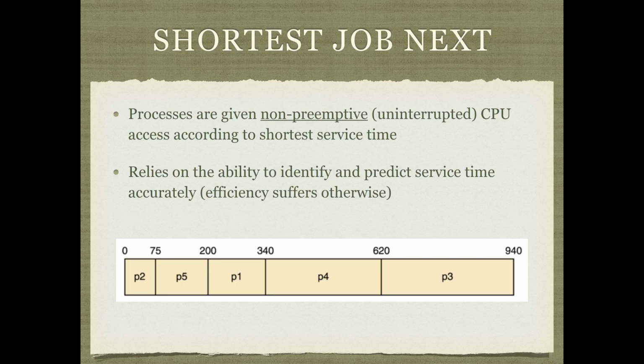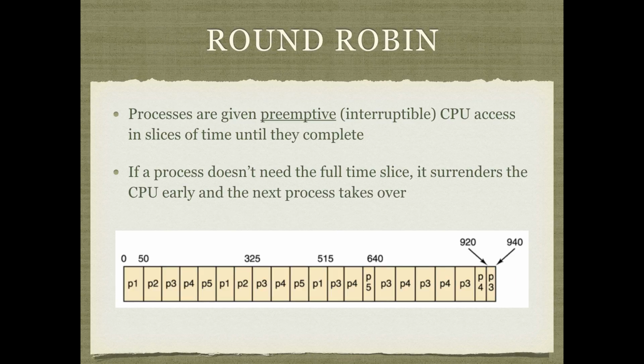Unfortunately, this does expect a little more from the operating system. You have to be able to accurately predict the service time required for a given process. We have a number of methods that would allow us to take a guess, but we really have no guarantee that a process is going to take a certain amount of time to complete. If we could know that for certain, this would be the most efficient algorithm to use. But because we can't reliably predict what our execution times are going to be, we have this concept called